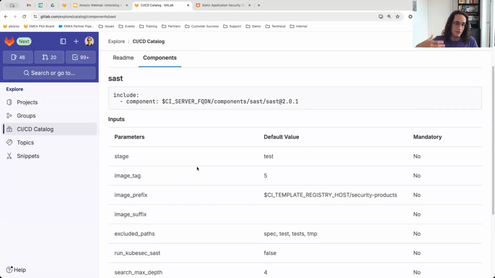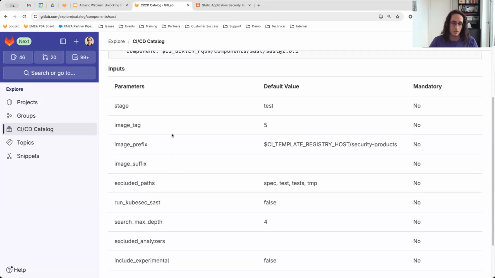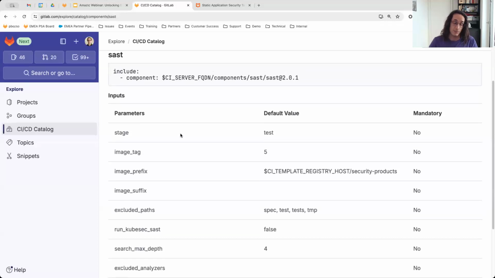As you define the inputs of your component in your YAML file that defines the component, these are getting filled out here. So it's kind of like auto-generated documentation. It's just easier to see what's where. You don't need to rely on a README, which might get outdated, right? Because it's human writable and readable. This is generated based on the definition of the template itself. And pretty much that's it.